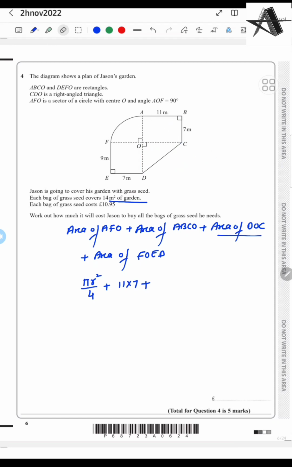So I'll write half times 11 times 9 plus area of this rectangle, which is 9 times 7. Radius is definitely parallel to 7. 7, 7. So radius is definitely going to be 7. So let me put 7 here. It's pi 7 squared over 4 plus 77 plus 49.5. This will be 63. If you add them all up, you will get the answer as